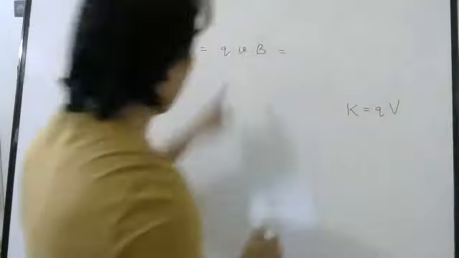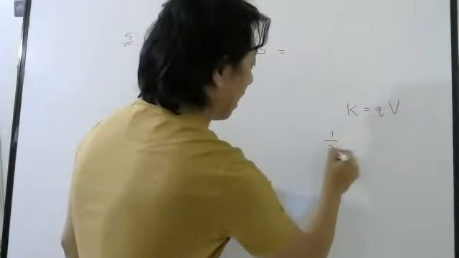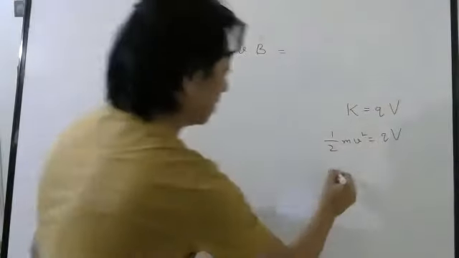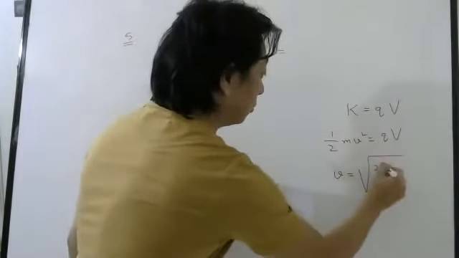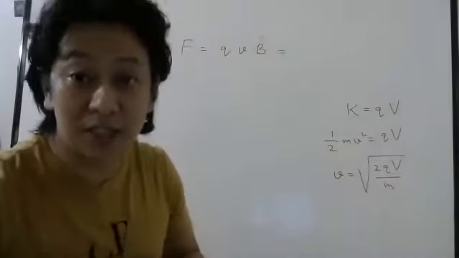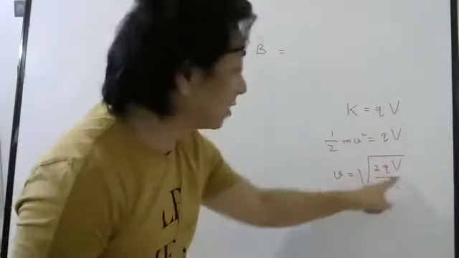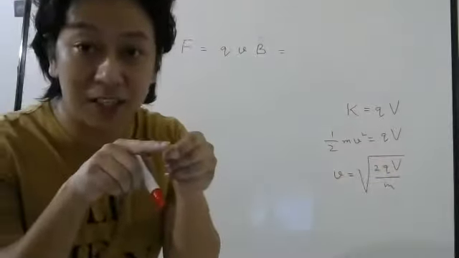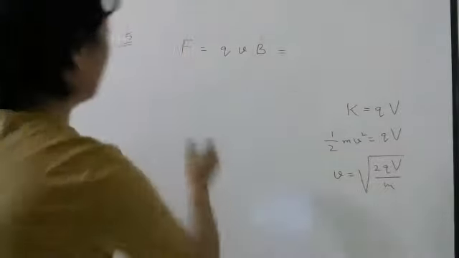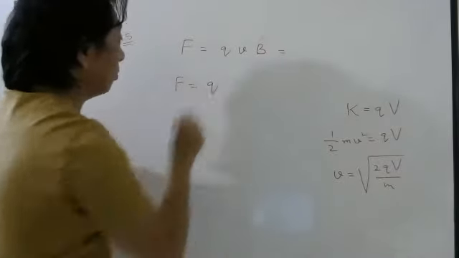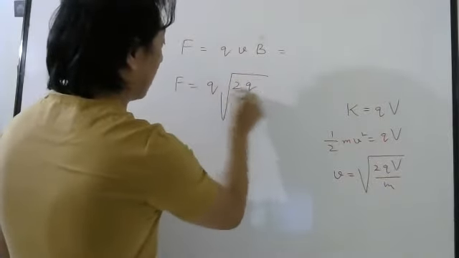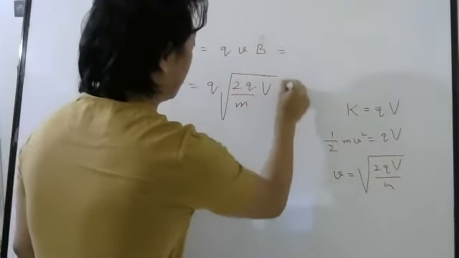Now kinetic energy, how to bring velocity? Kinetic energy is half m velocity square. Correct? So velocity I can write root over 2qV by m. Correct or not? So this is the velocity which the charge gains when you apply this much voltage. And with that velocity, it enters this magnetic field. So it starts moving in a circle. So force will be what now? Q. What is velocity in terms of voltage? Root over 2q by m voltage capital V.